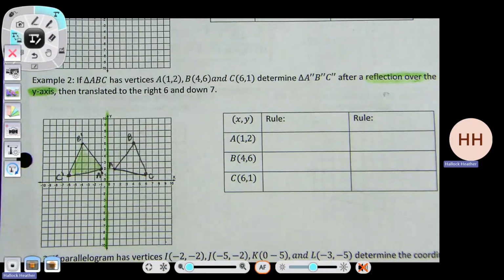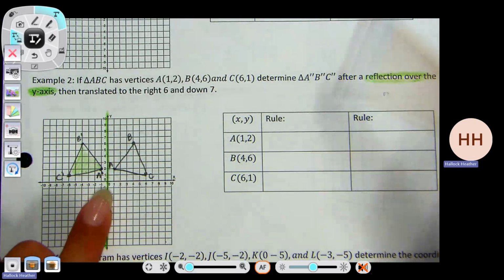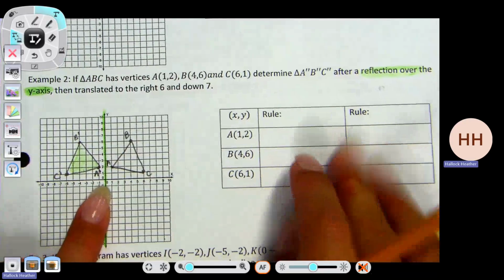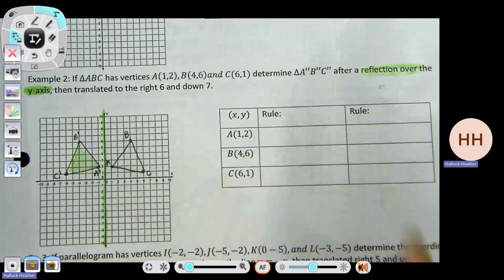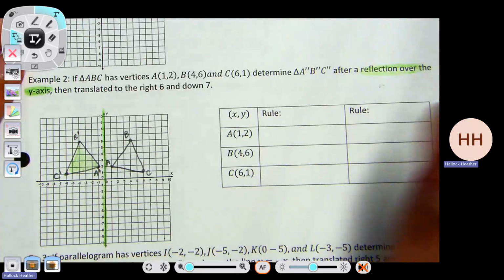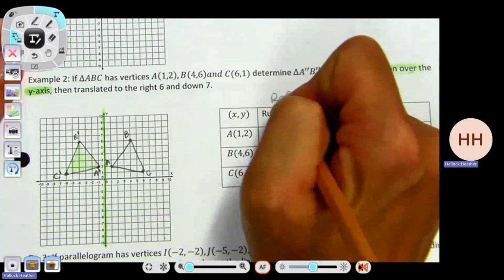So reflections and translations preserve distance, they preserve angle measure. It's exactly the same shape, just moved across the picture. What this little box is, it's to help us. So the original points are here. After the first transformation, which is a reflection,